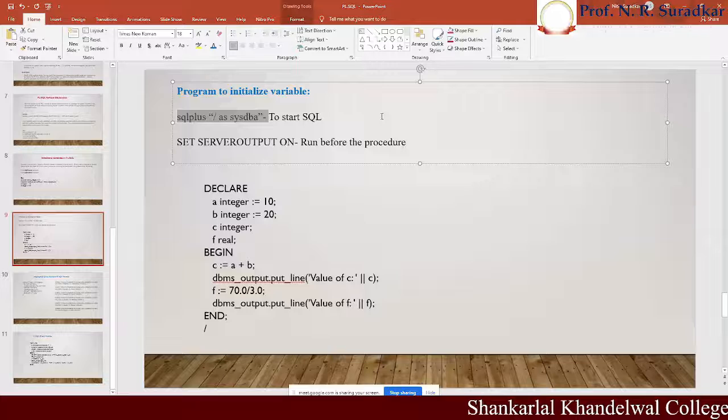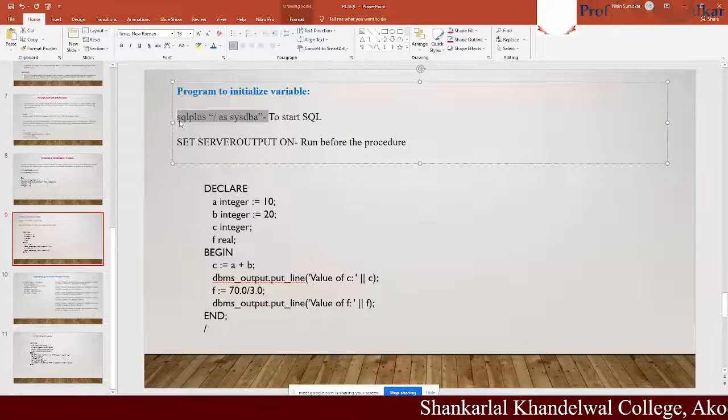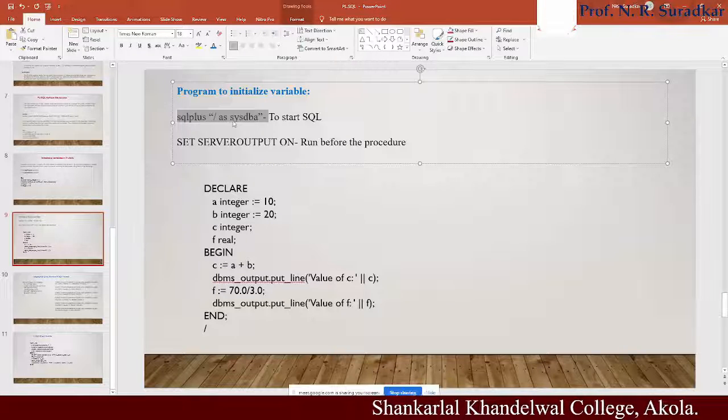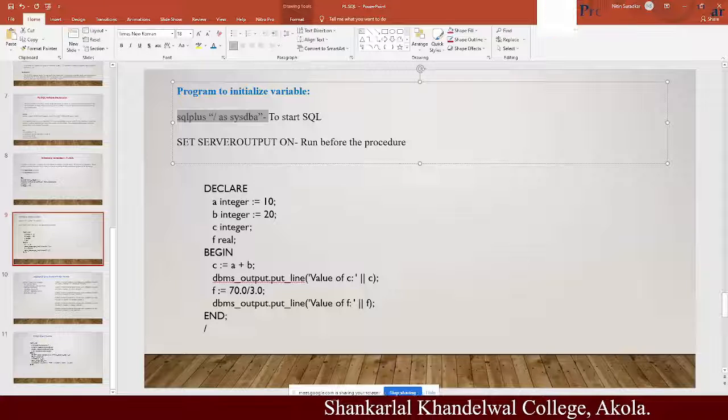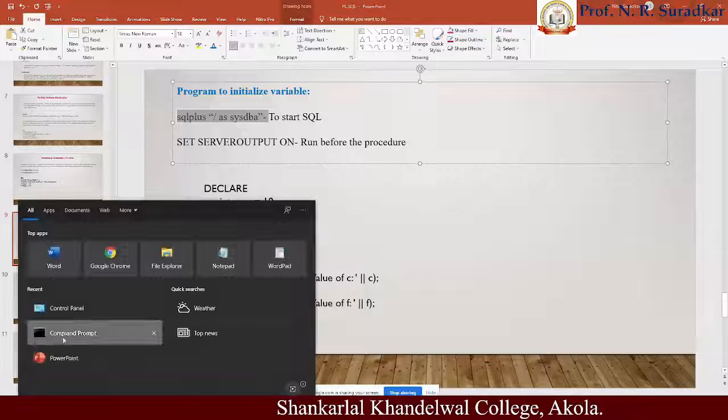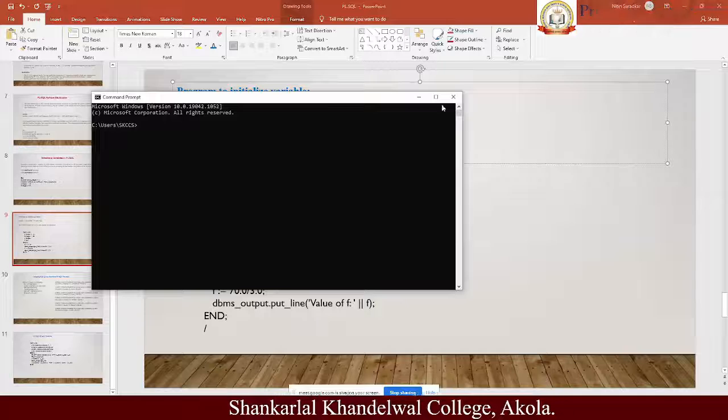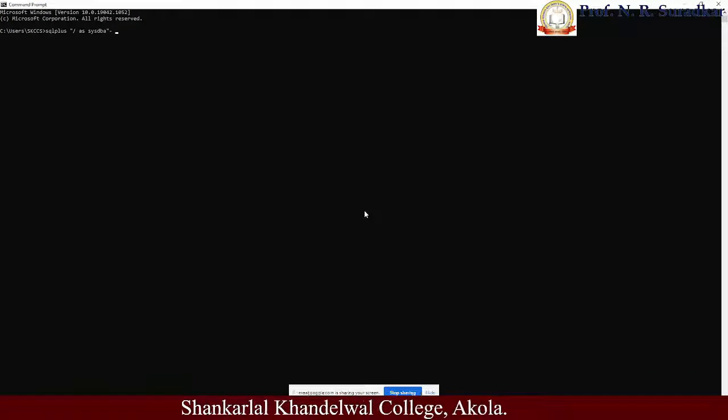I directly open the SQL window, copy the selected highlighted text from here, go to the command prompt, and paste the content.